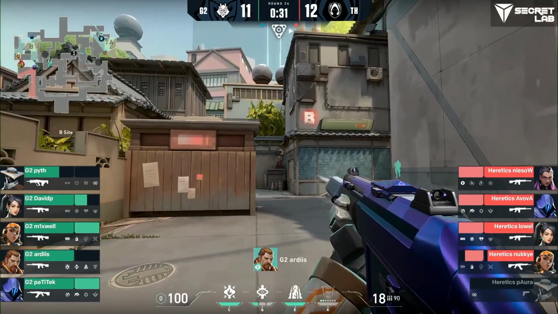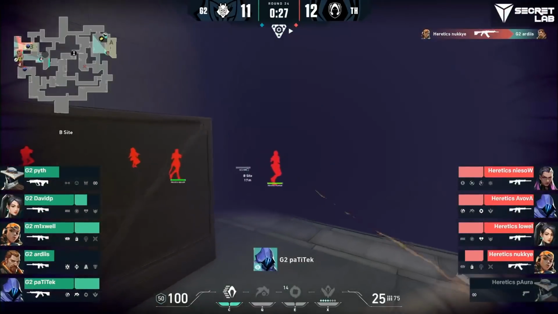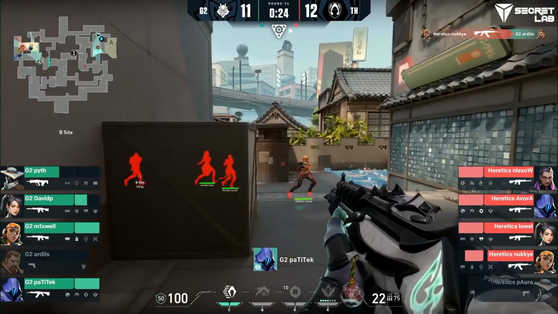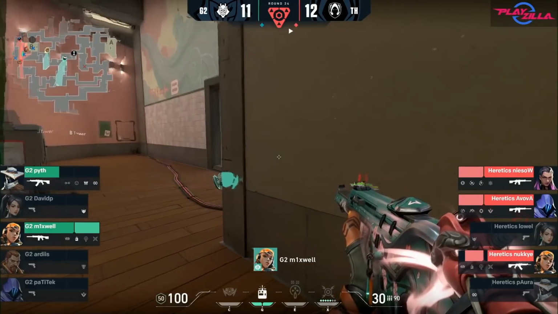Then, check out how clean this execute is. Reyna blind comes out for the Breach. Sage wall gets placed down to block sightlines from B heaven, and an Omen flash hits default spot behind pillar. This all happened in the course of a few seconds, showing fantastic coordination, and Breach simply had no chance at fighting back. From this, they're able to get the spike down and end up in a post-plant scenario,